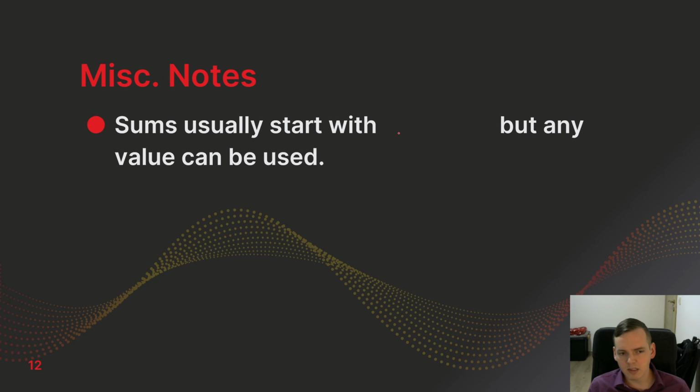So, some miscellaneous notes. Sums will usually start with i equals 0 or i equals 1, but you can use any value. It's just that 0 and 1 tend to be easiest and make the most sense for whatever you're working on. n can be any value